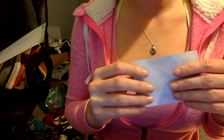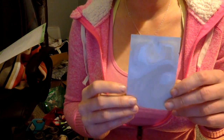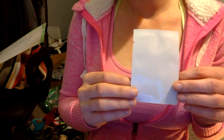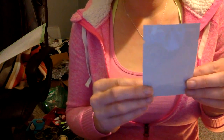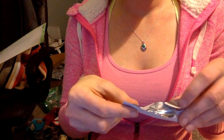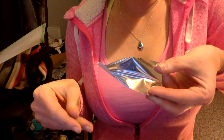I haven't actually sat down and done the math, but I was going to show you guys how I have cut these, how I've put the product in, seal it up, and all of that. So I'm going to try and make this as short as possible. For the face wash and the moisturizers, masks, so far I have used these, and that is just one cut in half. And when I fill them up, I just open the end like this, and it opens it up